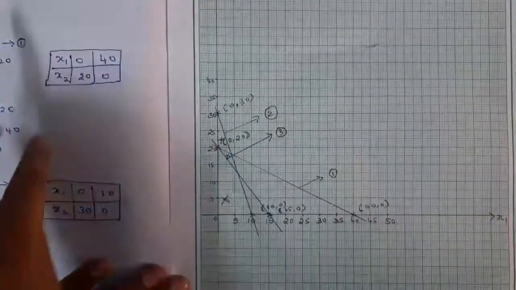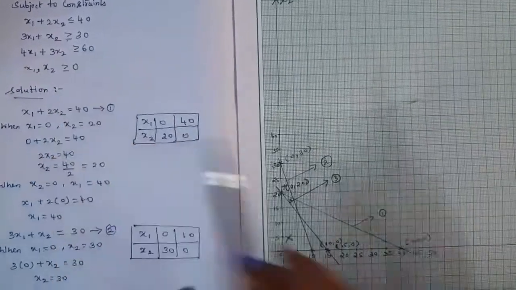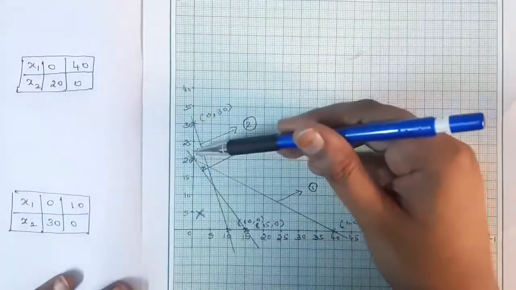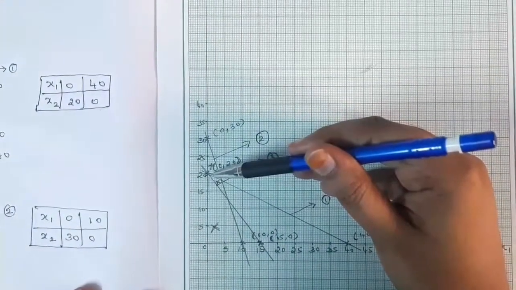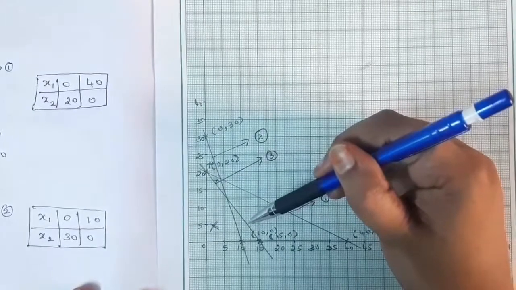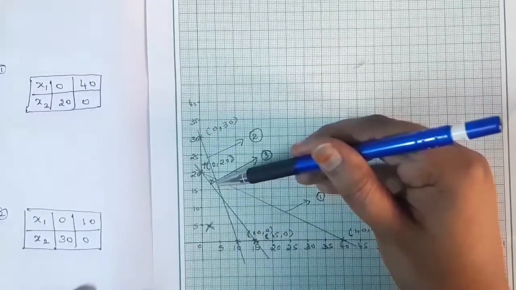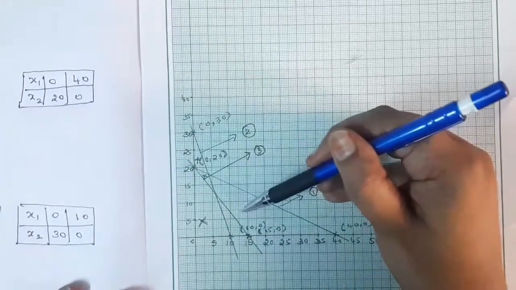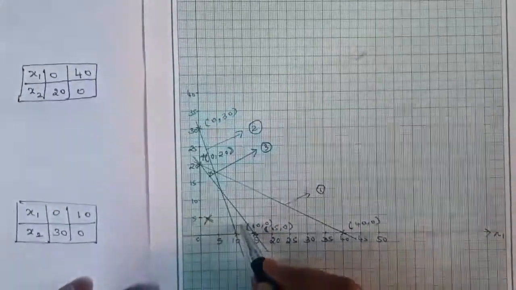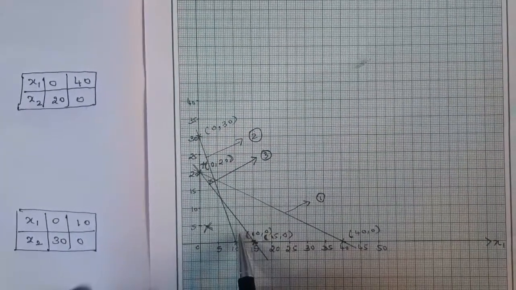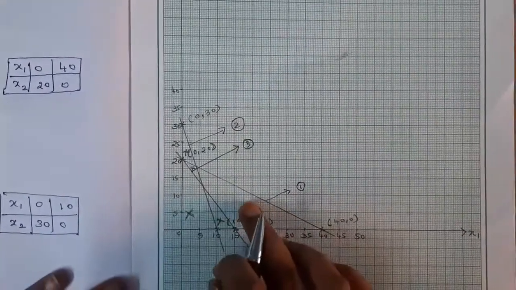Next, the third constraint condition is greater than or equal to. This is the third constraint line. Can you see from 20 to 15? Here we need to consider the above region and omit the below region. When you check, this region is already omitted using the second constraint. This region we need to keep, as it comes above the line. This region we need to omit, because it is below the line. So I am omitting this region, and this region we need to keep.